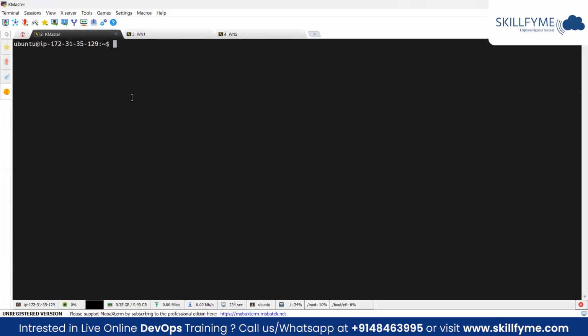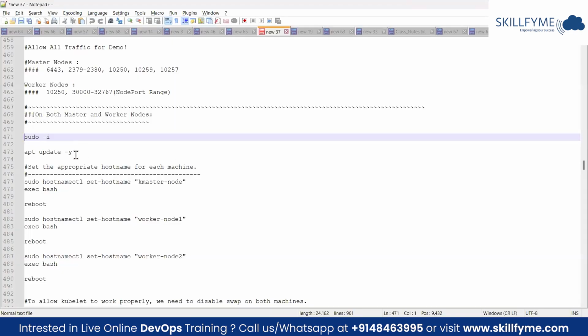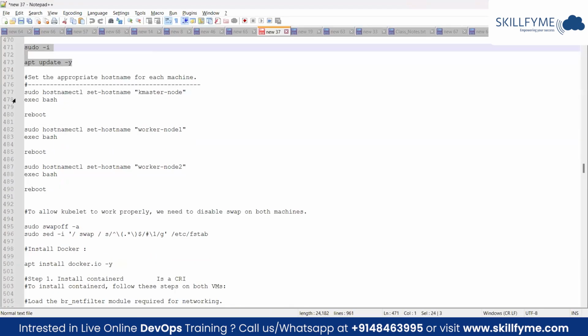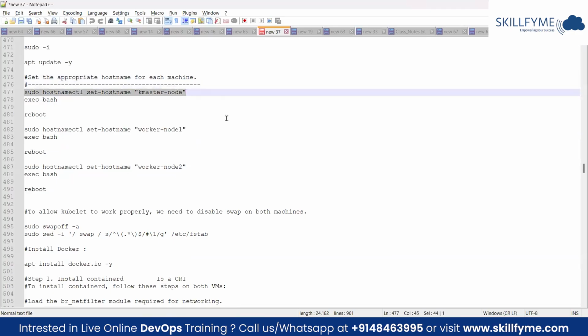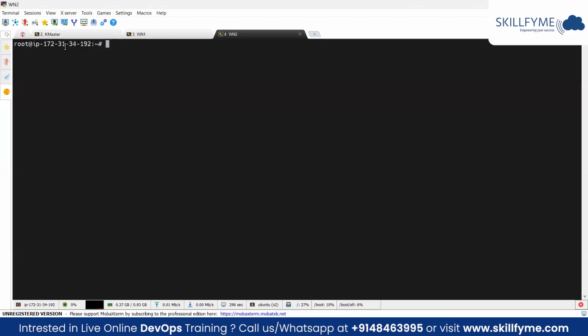So now let me elevate my access to root level with sudo -i and update the packages. Similarly on the worker nodes also. Okay. So we have just updated the default packages, and let's change the hostname for each machine. There is a command called hostnamectl set-hostname. Why? Because if you see, this node is being referred to with the help of an IP address. Every time I cannot rely on this IP address for reference,